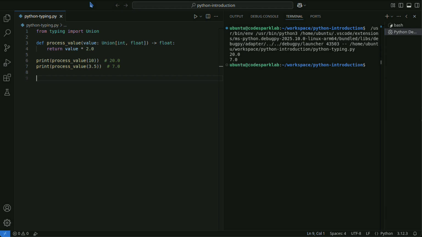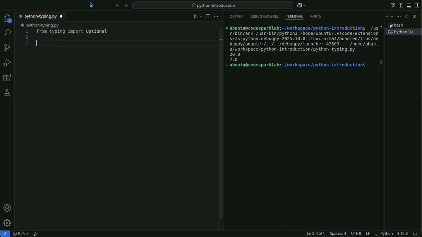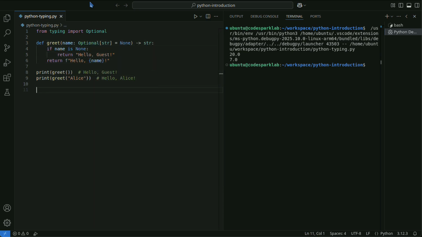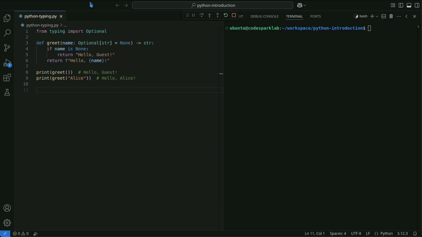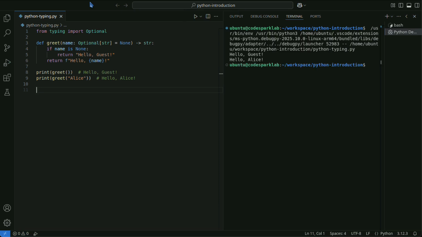The optional type is used when a variable might be None. It is provided as a shorthand for union type None. Here, it shows that when name is not specified, it is treated as None.